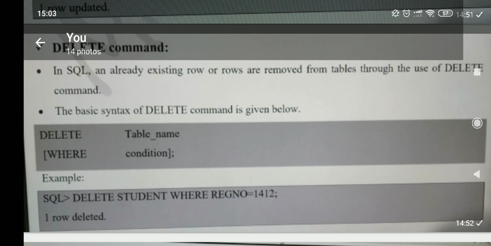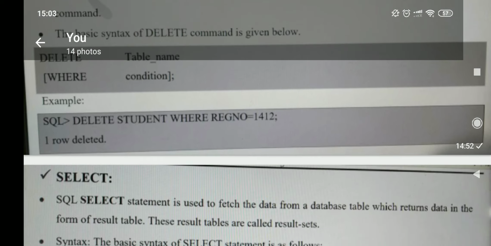With the help of delete, we can remove the records, meaning rows, from the table. See the example: delete, student, where student is the table name. For all the queries, table name is mandatory. Where register number is 1412, the student whose register number is 1412, that entry is removed from the database.